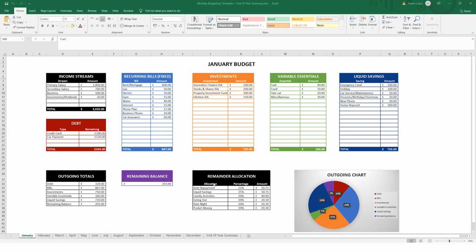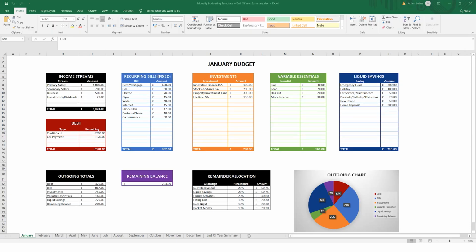Now, beneath the debt repayment, we're also making contributions towards our liquid savings. The reason we're doing that is because a lot of the items within the liquid savings, as you can see from this example, tend to tempt people to go into debt. They want to buy a new phone, they'll take out financing for it. They want to buy a new car, they'll take out financing for it. They want to spend for Christmas, they'll take out a loan or dip into the overdraft. Of course, we want to try and prevent that. So any remainder allocation from our budget, we want to funnel back into our liquid savings to reduce the chances of us taking out additional loans or pulling anything from a credit card. So as you can see, we've got another 25% going towards that,